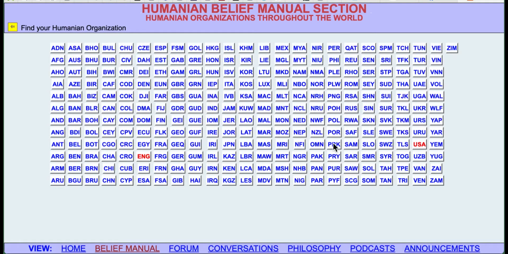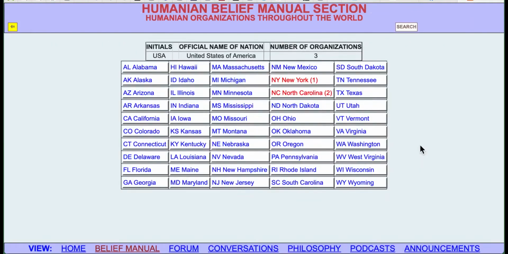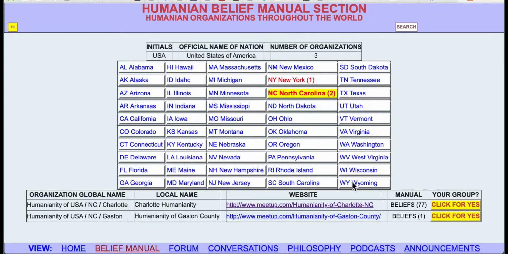And 2 of the organizations are actually for demonstration only and don't actually exist. But the 2 in North Carolina actually do exist, except that Humanianity of Gaston County has been totally inactive so far. So I will